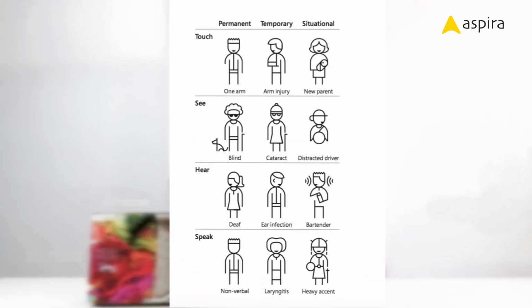Look at this image. It shows different kinds of disabilities and different states. In these different kinds of disabilities, how are you going to access the information? We can cover this a little later. Alright, so now we are coming to the topic.